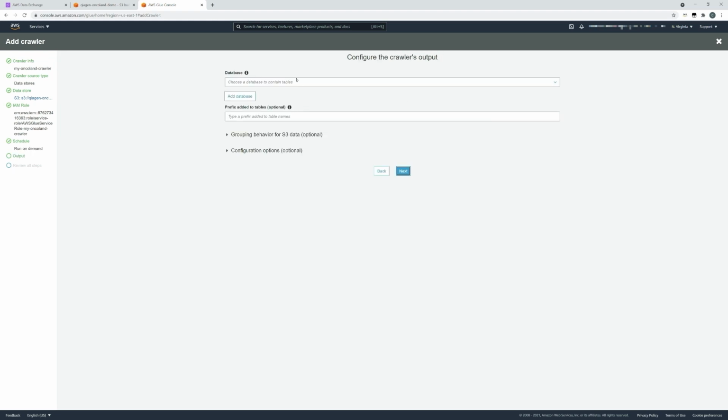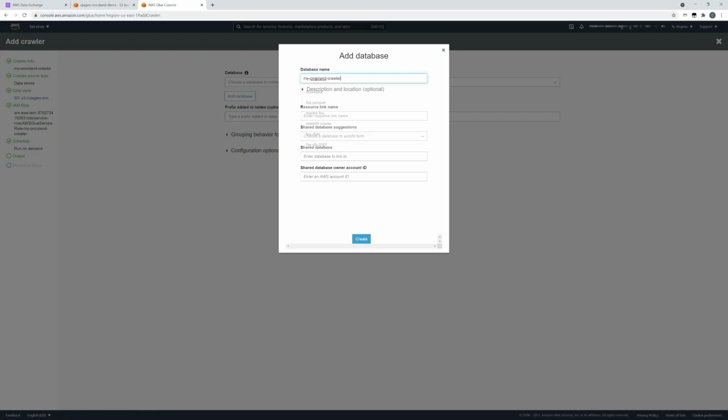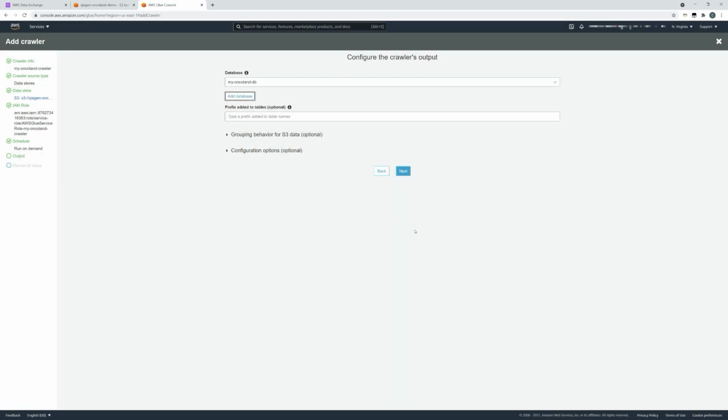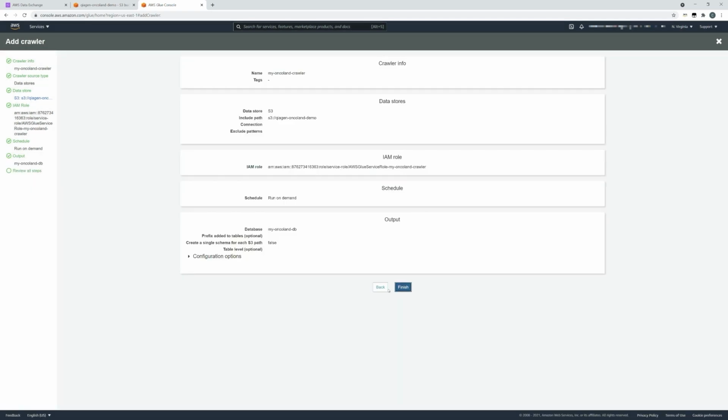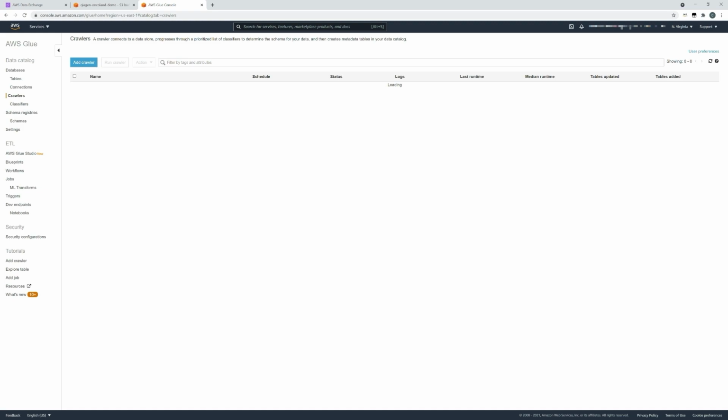Next, we need to choose an output folder or an output database, so that once we've inferred the schema of our data, we can store that schema somewhere and allow us to query this data in place. We're going to create a new database for this purpose, and we'll call that my Oncoland DB and click Create. Once our database has been created, click Next and click Finish.